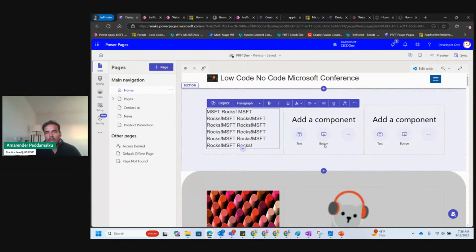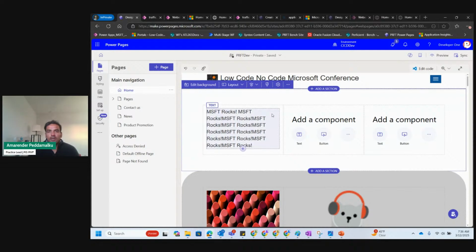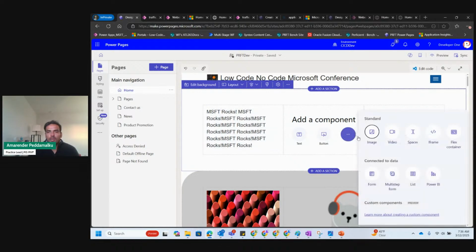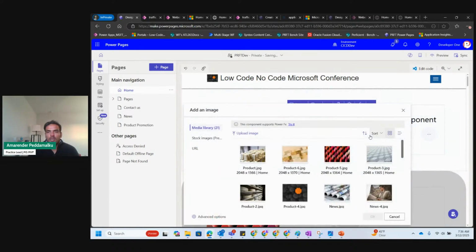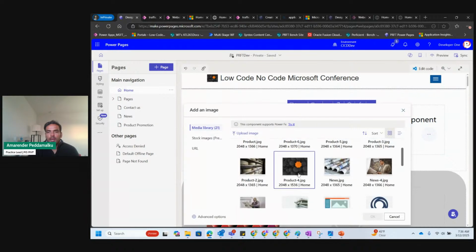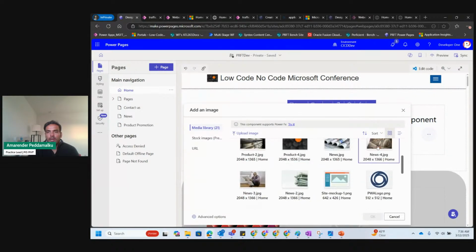Right, and then I go to the next section here, and add an image. I would like to add an image. Let's pick a guy reading a newspaper and hit OK.